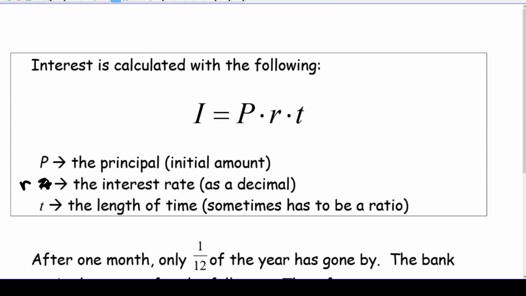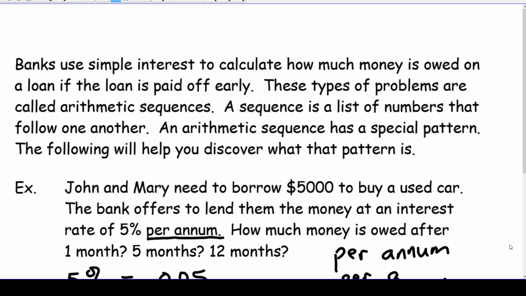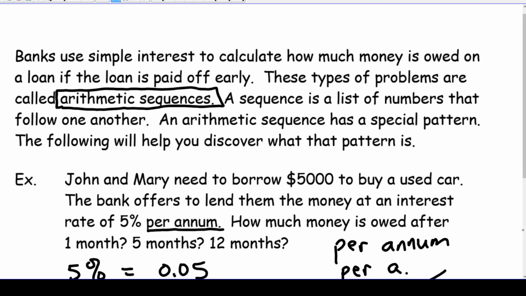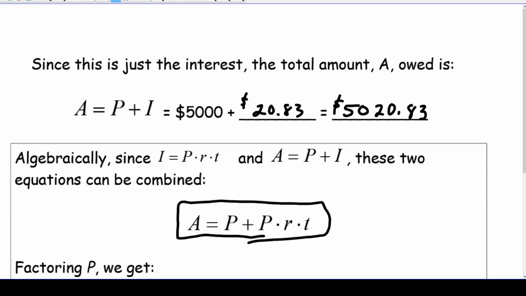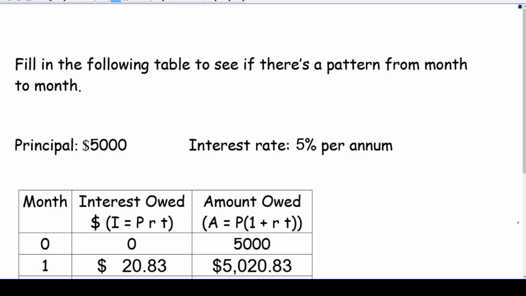Now, I think I missed one little piece here. I wanted to talk about, I'm going to go back a couple of slides. Right here, it says that simple interest questions are arithmetic sequences. And you all are just finishing an independent study on sequences and series. So we're going to investigate how this scenario is like an arithmetic sequence. In fact, how is any y equals mx plus b scenario an arithmetic sequence? And we're going to do that by looking at a table of values.